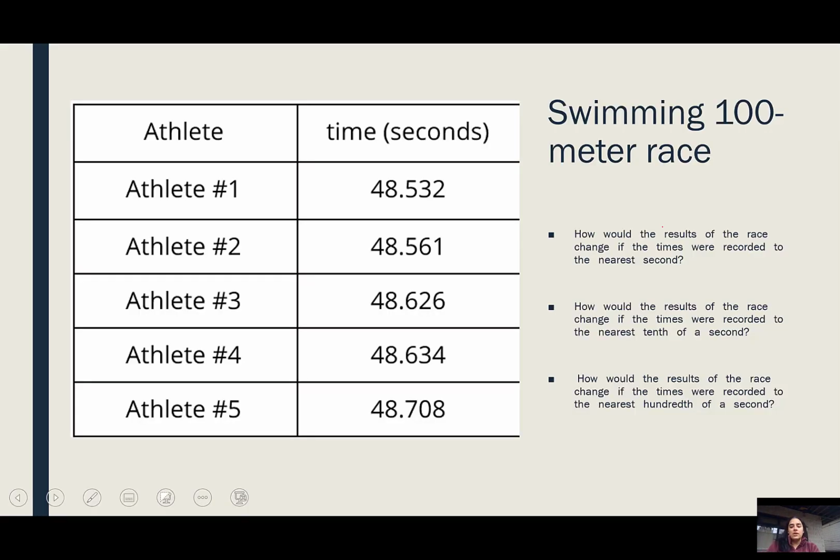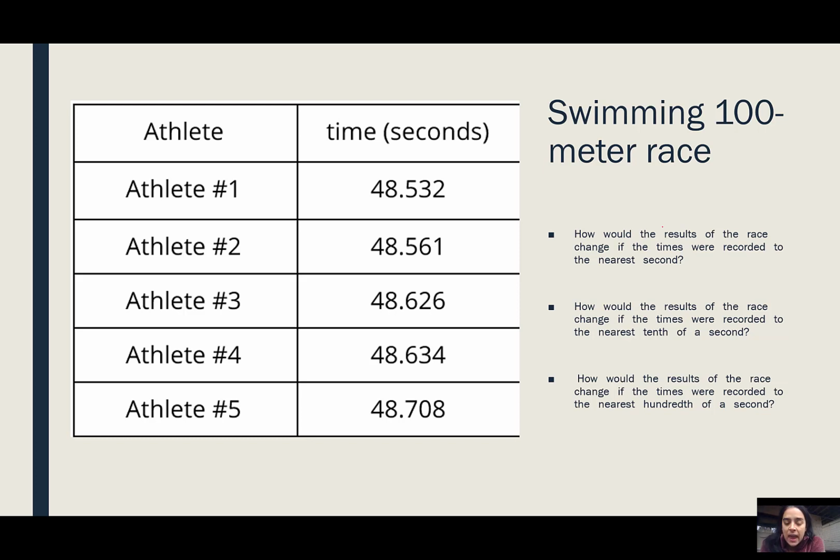All right, here is our Buc-ee's challenge for today. It's swimming a 100-meter race. Now I'm going to tell you right now, these athletes here are very, very fast. They're swimmers who are probably college swimmers or even athletes that are training for something, not quite the Olympics, but they're very, very good. So there are 5 athletes here, and they swam a 100-meter freestyle race, which is like